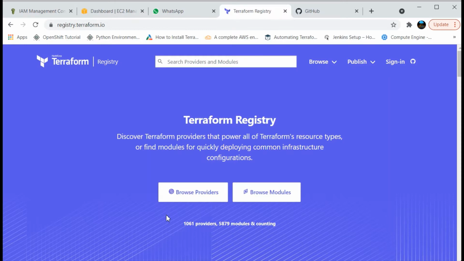That's the reason we also need to understand the different types of providers available in the Terraform registry.